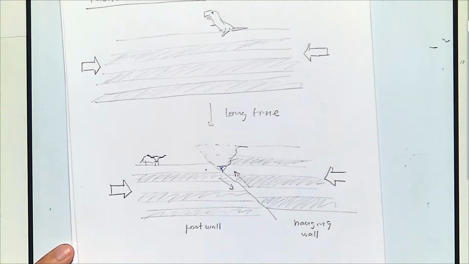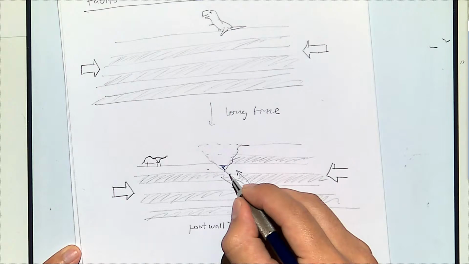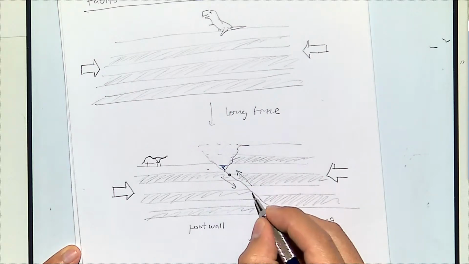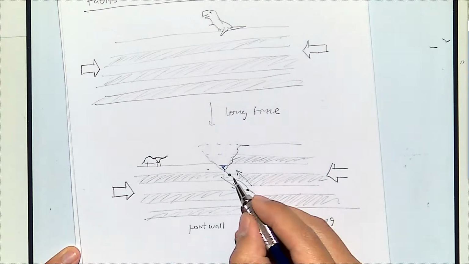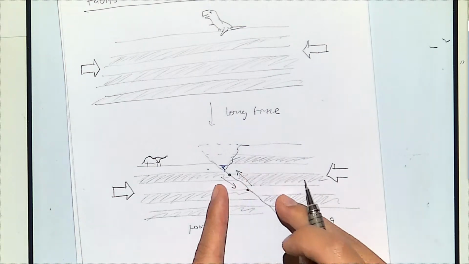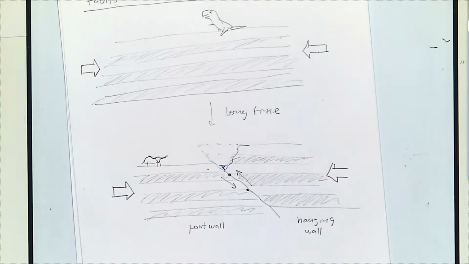So for example, this point is that point over there. So here, for example, there is a mismatch now of this length, and there is a relative displacement with respect